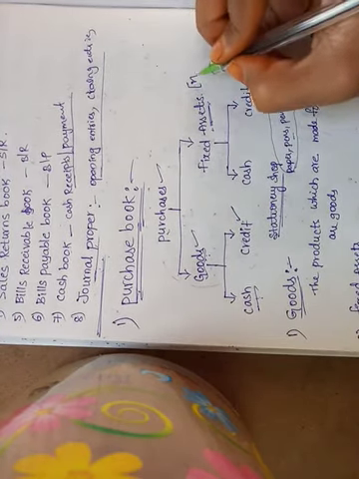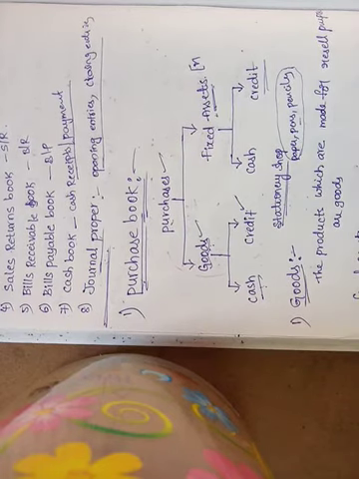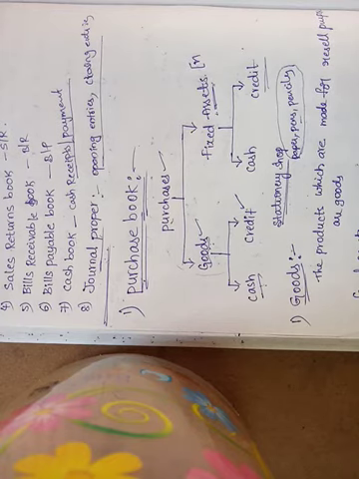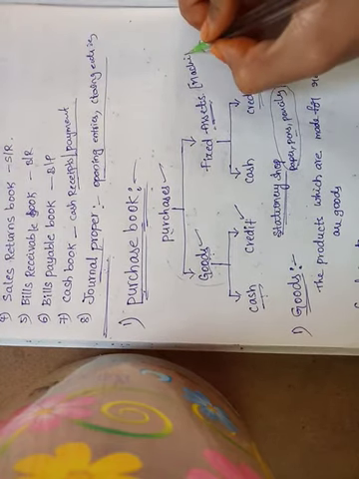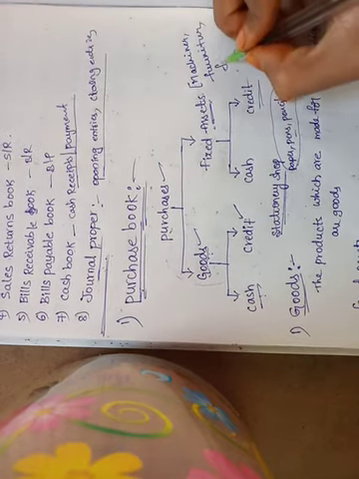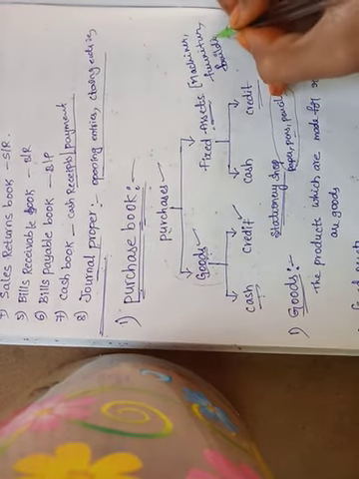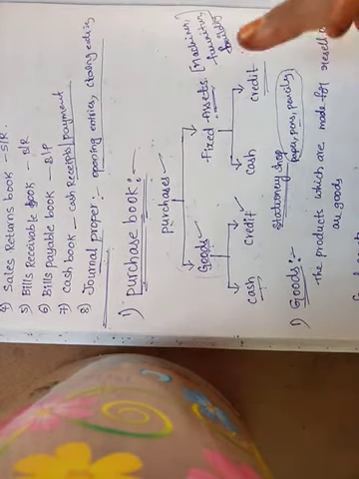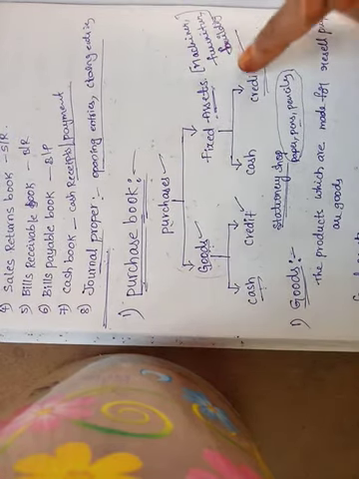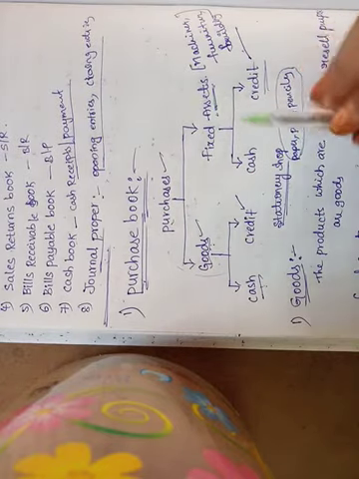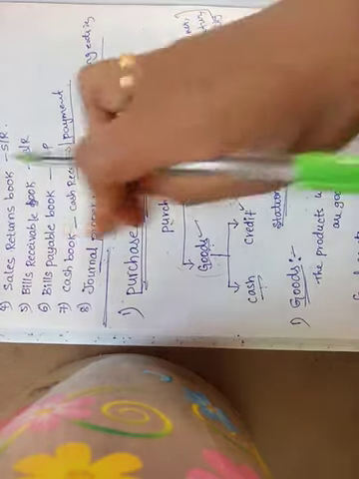That is in the journal. What is a fixed asset? Any asset which cannot be converted into cash within a period of one year is known as a fixed asset, like machinery, furniture, building. So purchasing fixed assets on credit will be recorded in the journal proper. And any fixed asset purchased on cash will be recorded in the cash book.